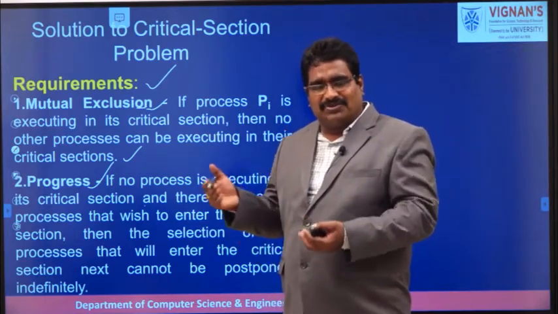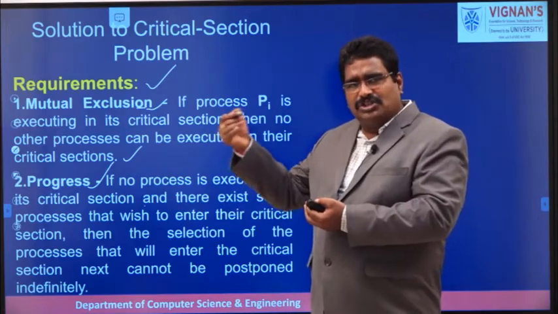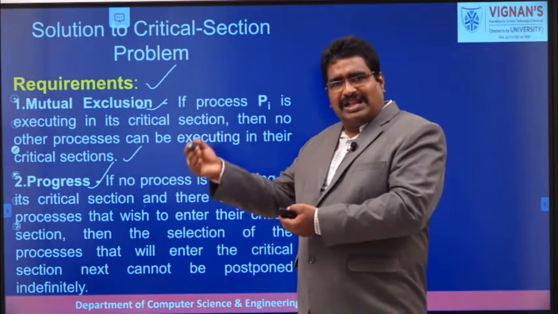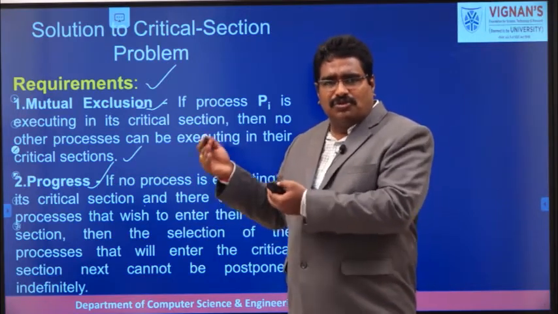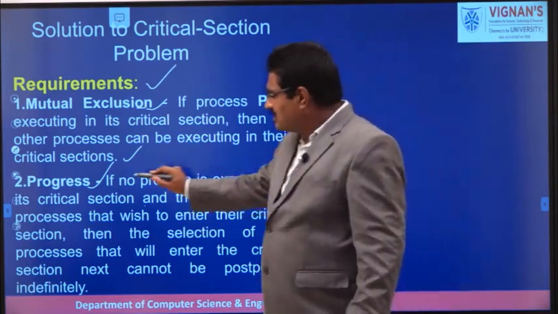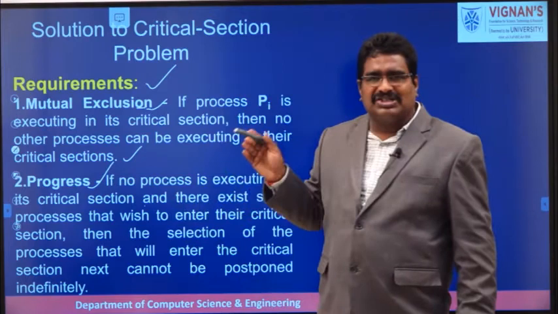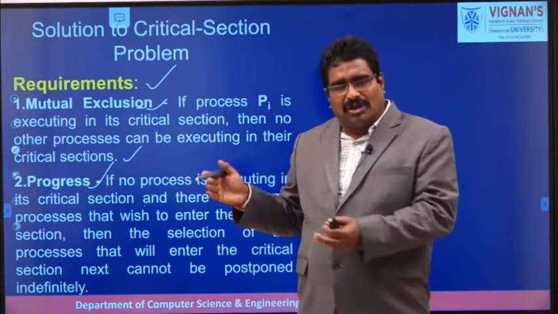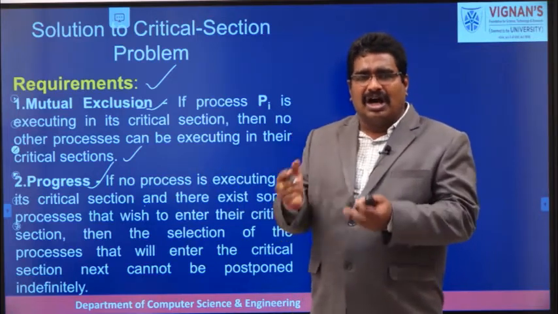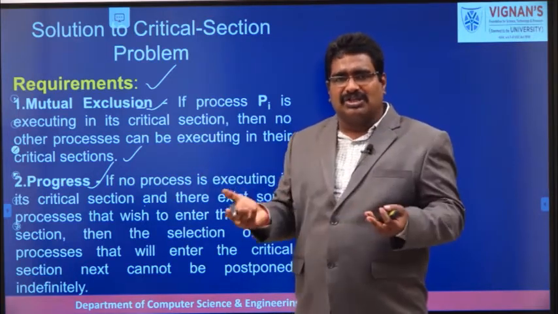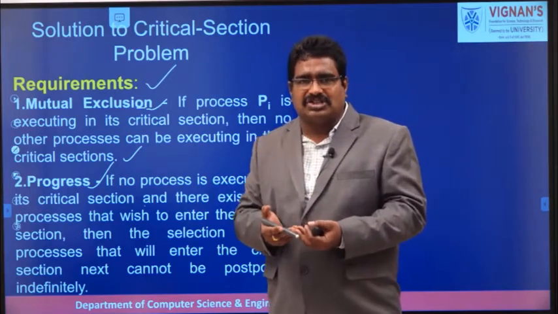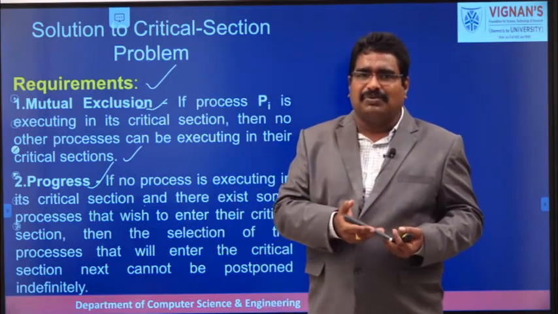What is progress? If some processes are waiting, one of those processes must be allowed. Once one completes its critical section, later another one is allowed. In some order, those processes may complete their critical section execution. So the progress condition is also required. If the progress condition is not satisfied, our solution does not allow any process to enter the critical section. All are in the waiting state, so there is no use. Everyone is waiting, and we are unable to complete the process execution, so the end user is unable to get the result.